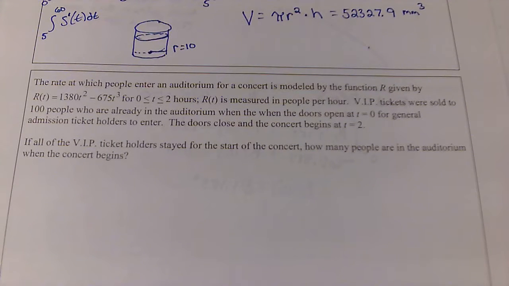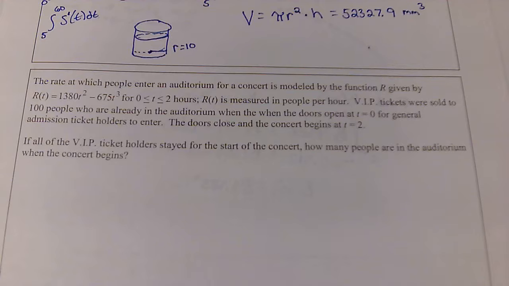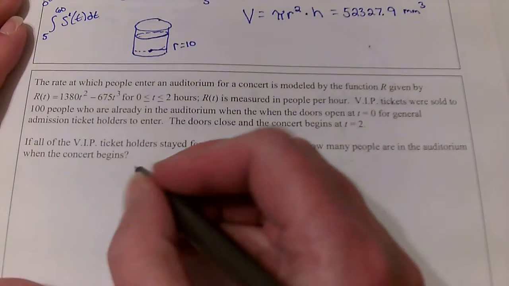Last one is a favorite for test questions. The rate at which people enter an auditorium is given by R of t. That's a rate. R of t is a rate. It's of people per hour. VIP tickets were sold to 100 people who are already in the auditorium at time 0. The doors close at time equals 2, so 2 hours later. If the VIP ticket holders stay for the start of the concert, how many people are in the auditorium when the concert begins? So we have our 100 that are already in there,